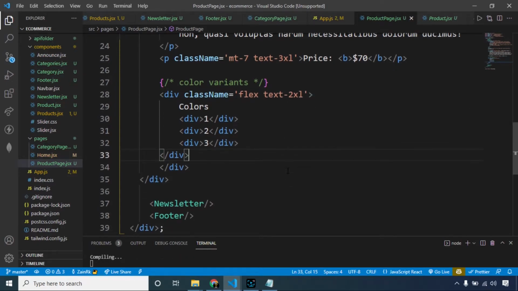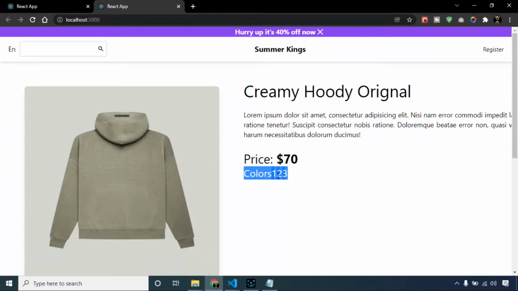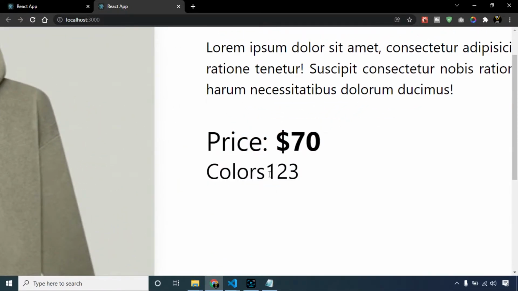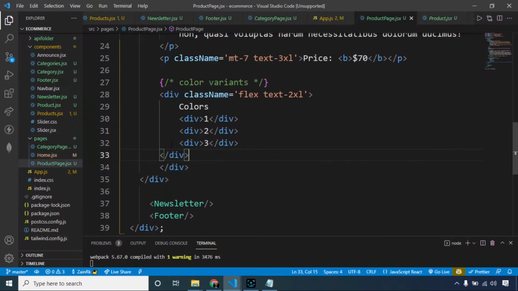Let's see the results. Now we have these color parts with colors as 1, 2, 3. Of course, we have to style the 1, 2 and 3 here. So for doing this, first of all, I will remove this one, and inside the styling, I am saying background red. And further, I like to give the margin top of 7, so it's just a styling. As we see, we have nothing inside this div, so we cannot see anything in the result. Let's write here 1 and again see the results.